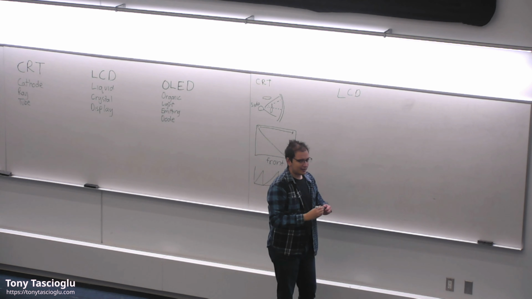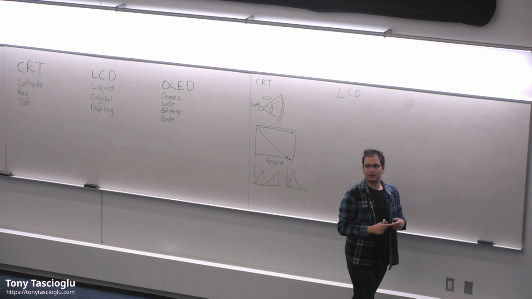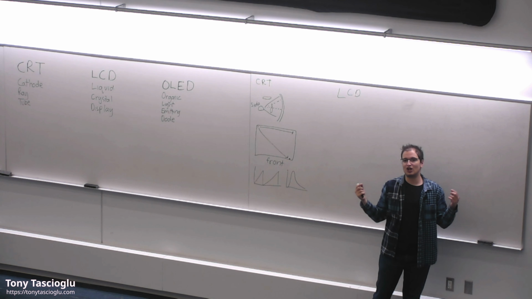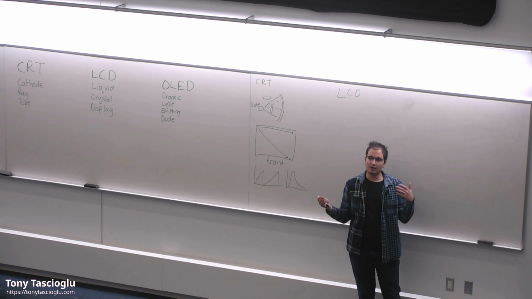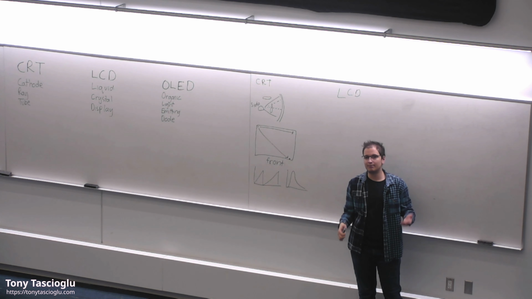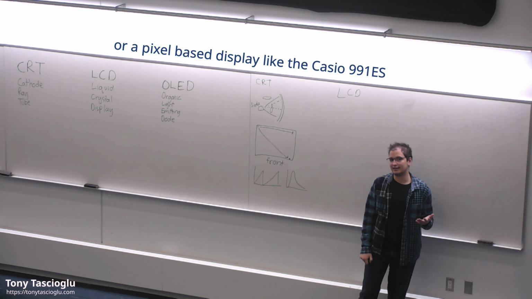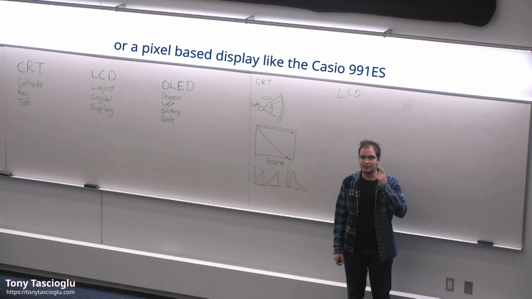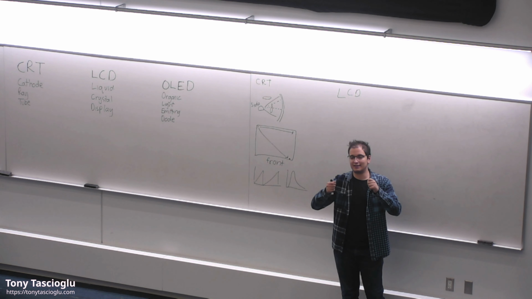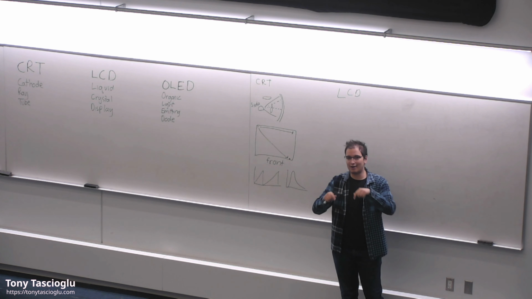LCDs themselves, as the name implies, are liquid crystals. Essentially, it's a gel-like substance. And depending on the type of LCD you're using, LCDs can be very simple. If you look at any basic calculator with a 7-segment display, chances are the 7-segment display is using an LCD, not an LED. You can tell because if you tilt it, you'll be able to see at various angles how it looks. Also, if you take a polarizing filter and you rotate it, you'll be able to find